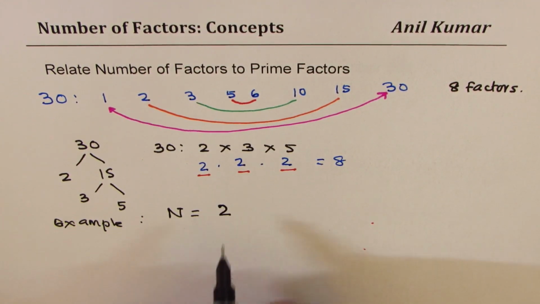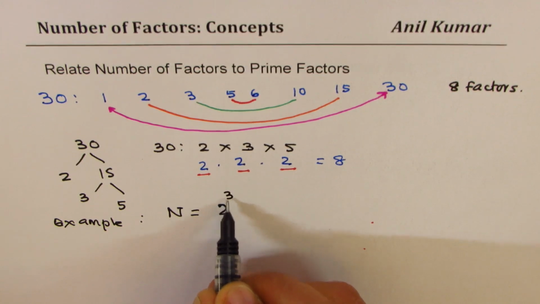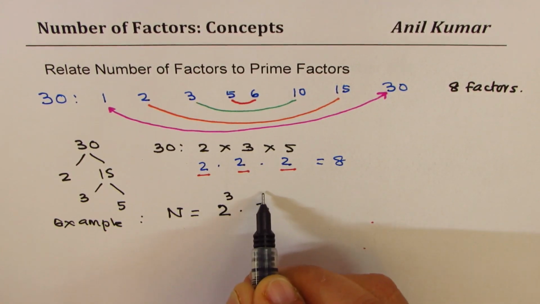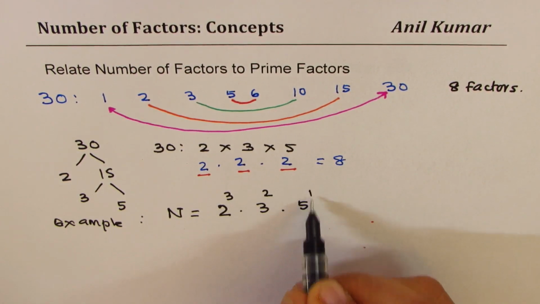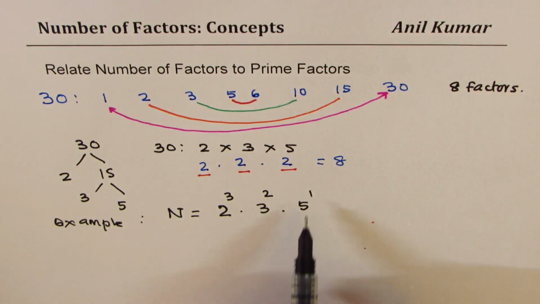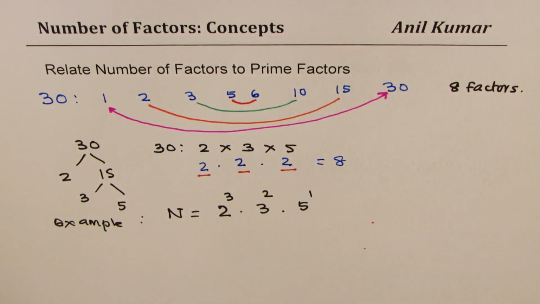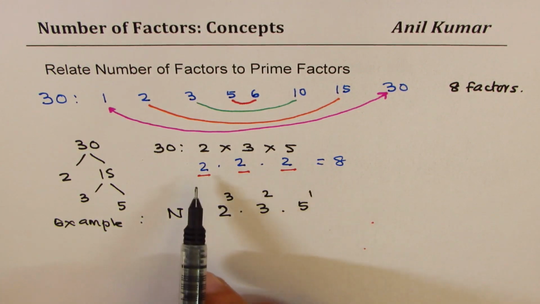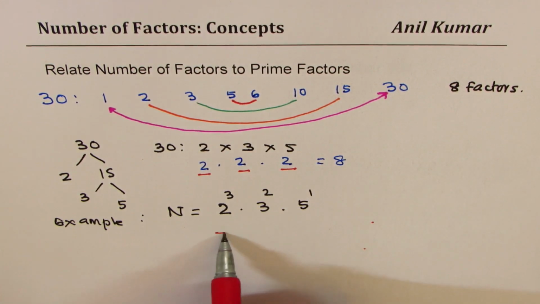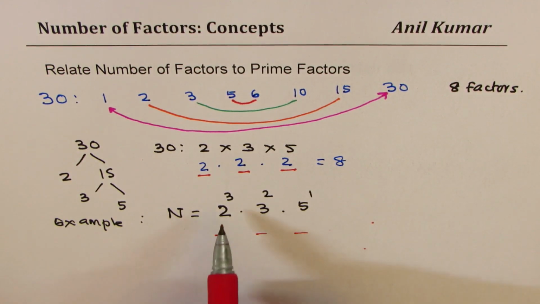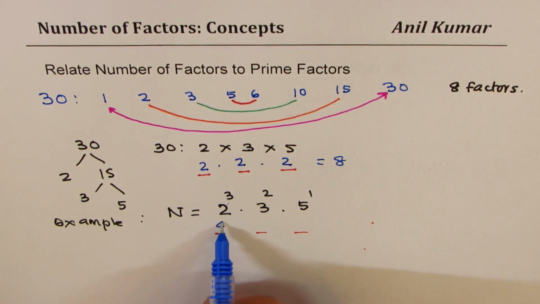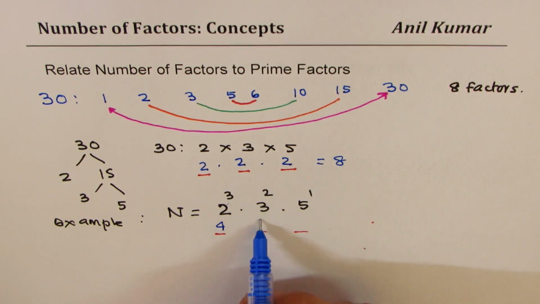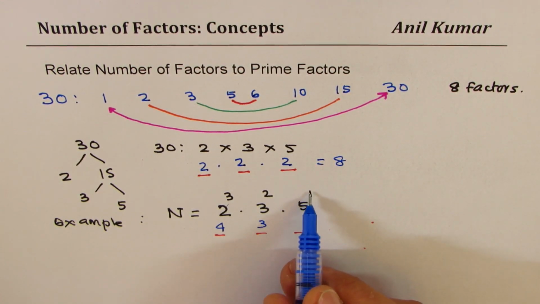So we are writing factors of 2, that there are, let's say, 3 factors of 2. And for 3, there are, let's say, 2. And for 5, there are, let us say, only 1. Okay. There is no need to write 1, but for simplicity, to understand better, we wrote it. Now using our formula, how many factors in all? For 2's, we have a choice of taking either one of these 3 2's or none of them, so we get 4. For 3, we have one more than 2, 3 choices, and for 5, we have 2 choices,